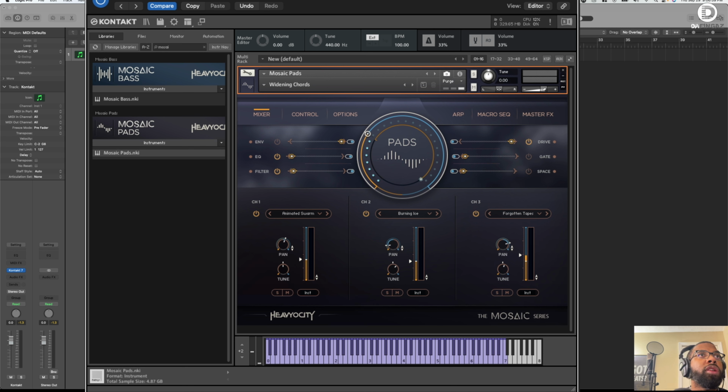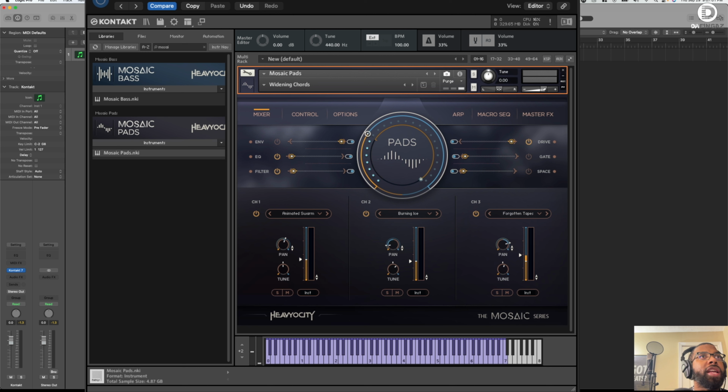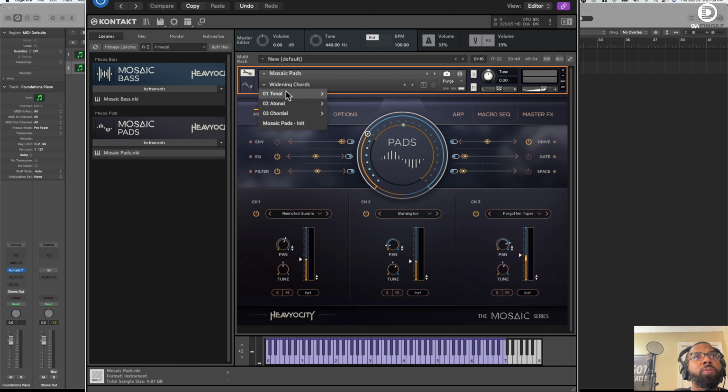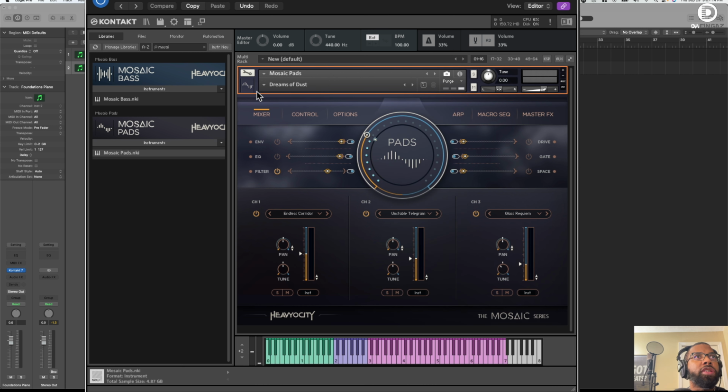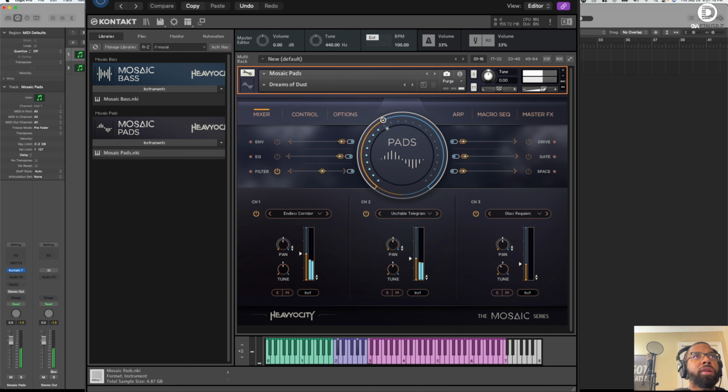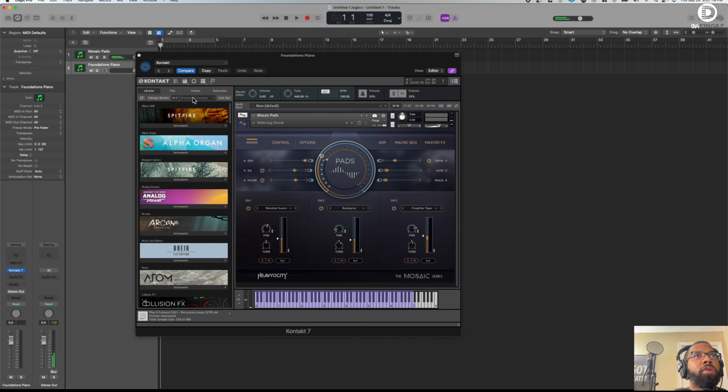I'll do this. We're going to play Mosaic Pads, and just to show you a little bit, we're going to go to Foundations, Piano. So we're going to layer our Mosaic Pads. Let me go to Tonal Mellow, Dreams of Dust. Let's see how that sounds up here. I like that. We'll go here. We'll look for